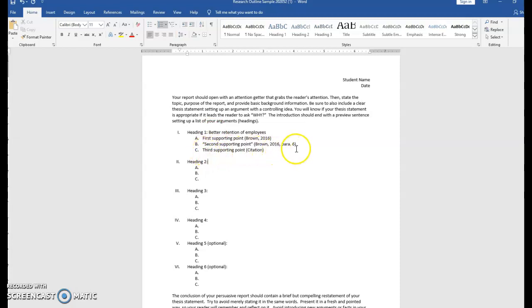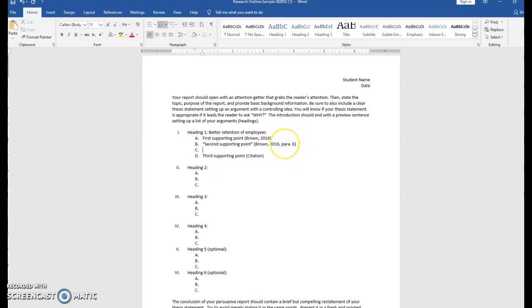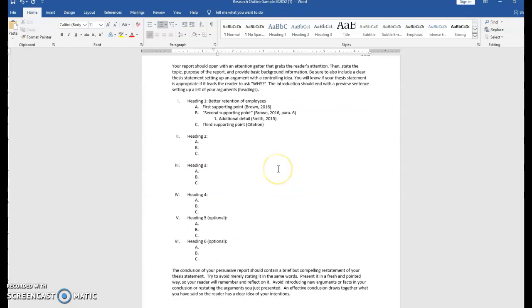If for some reason you need to put more detail than what's listed there, you can add another level to this outline and give additional detail. Again, I do want the citation there. So citations for every piece of information, and the information does not have to be written out in sentence format. It can be listed as basically talking points, but please be specific. So you'll be expanding this section greatly. This report is fairly lengthy, so you need to put in as much information as you have.